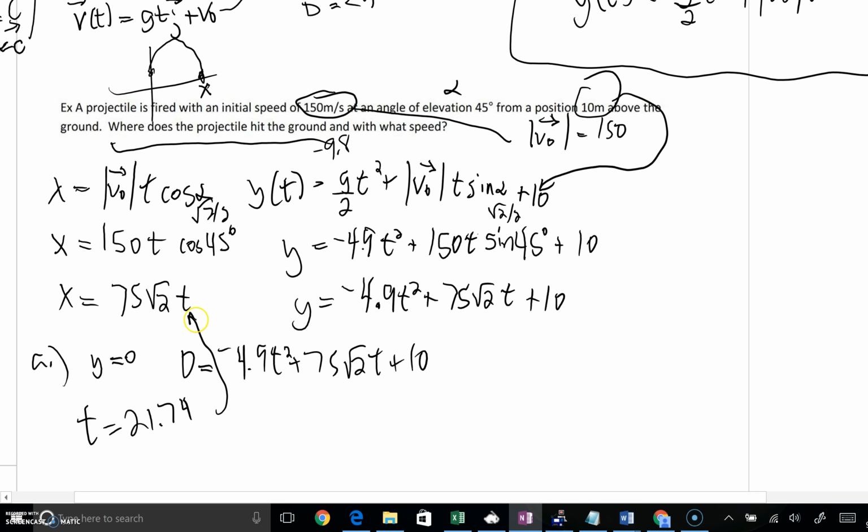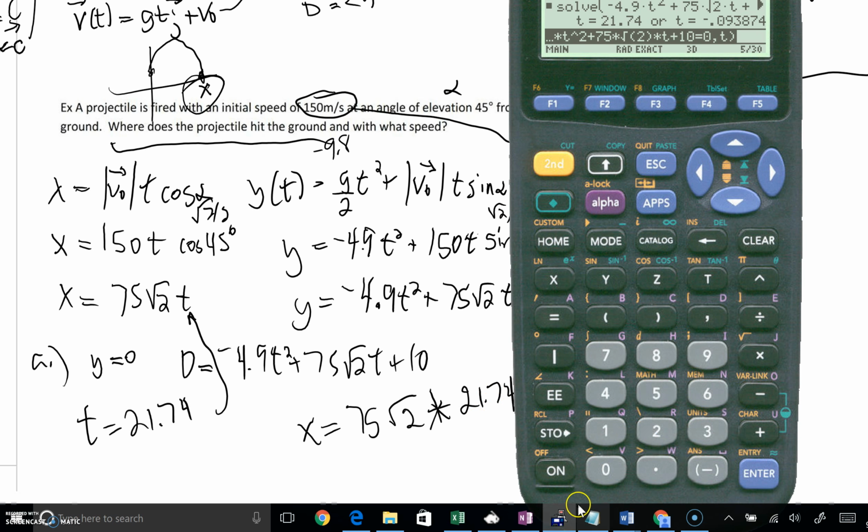If you want to know the position, you're going to have to plug that in for x. So it's going to be 75 root 2 times 21.74. It's that many feet where you're going to be hitting the ground. So we'll just get that typed in real fast. And hopefully we can finish the video with that. And a position of, well, hit green diamond, enter. 23